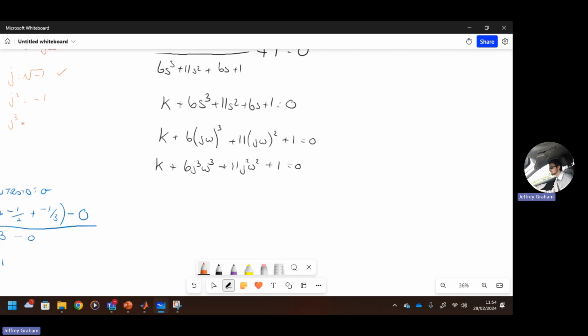Based on indices, j cubed is j squared times j, which is -1 times the square root of -1, which means j to the 4 is j squared times j squared, which is -1 times -1, which equals +1. In this particular example, we don't have a power 4. What we do have is j squared. So where j squared appears,